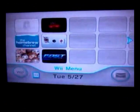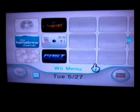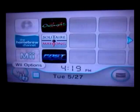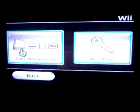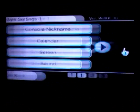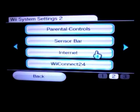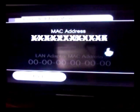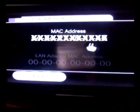Now, here's the menu. I moved a bunch of stuff that I didn't want to see off to the last page. If you go into your Wii options and settings, and internet, and then console information, that gives you your MAC address. You need the MAC address for your Wii to